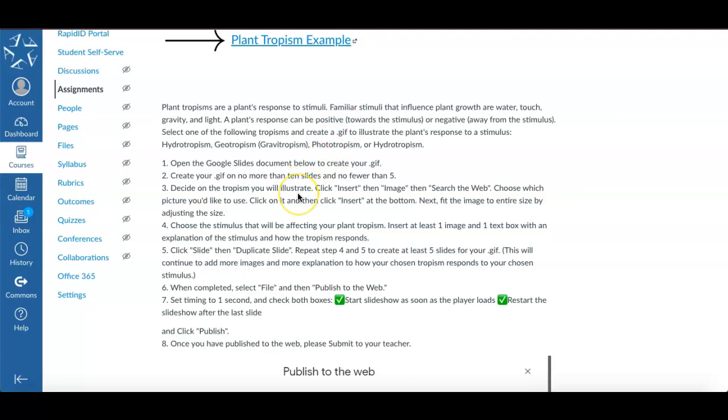Okay, now we're going to come back to our directions. So after you pick one of those, you're going to get going with your slideshow. So for the example that I'm going to create, it's going to be very similar to this plant tropism example that you will see right above. Remember, you're not going to copy the exact one